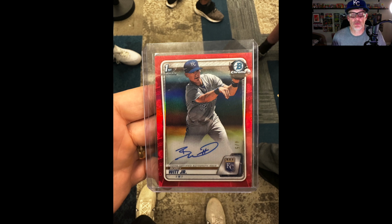So many things happen in this moment. Brendan is super generous and cool, right? He let Keaton and this other boy open these packs, and he was going to split this box up with them, just letting them open packs and looking for Jasson Dominguez. And so Keaton got the thrill of a lifetime to actually pull the red Bobby Witt. I got to see it, and Brendan gets to own it, and I think he's maybe going to try to sell it. I don't know what he's going to do with it, but just to be a part of it was